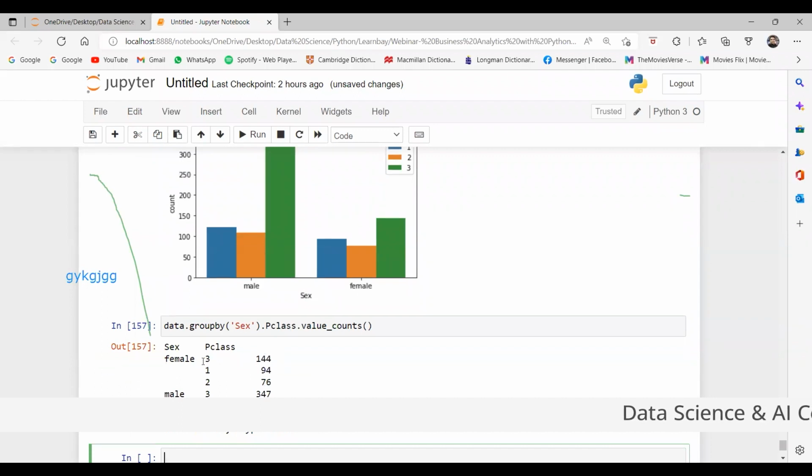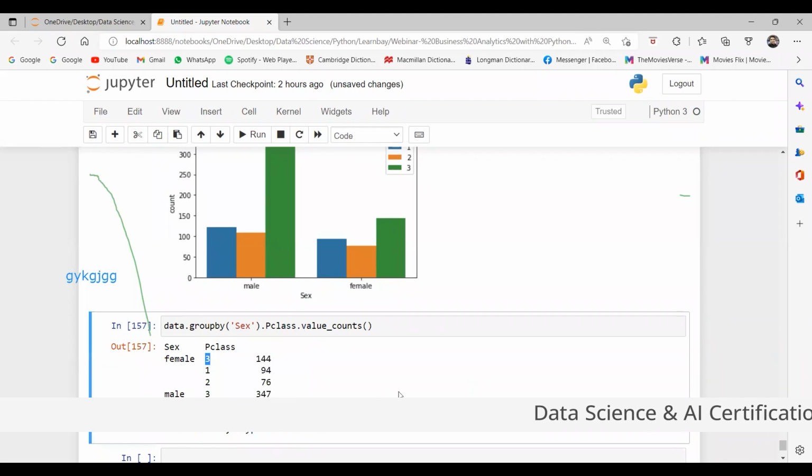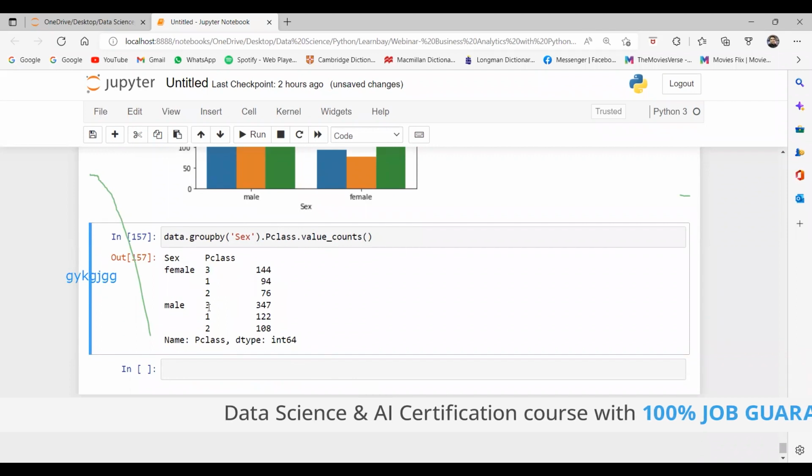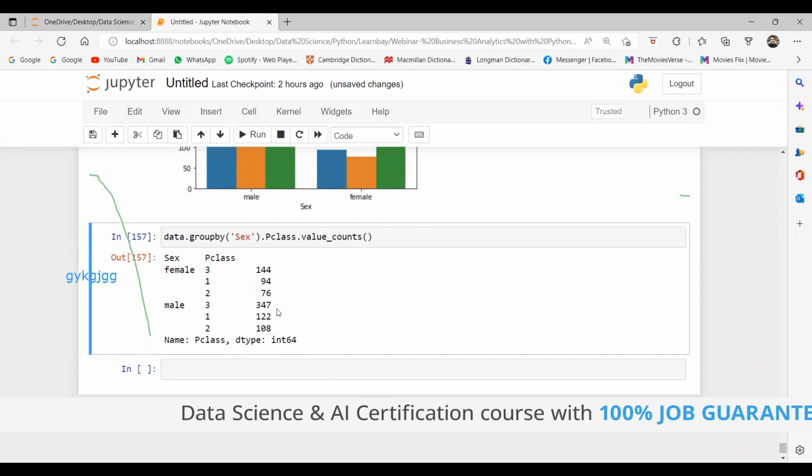So this is the P class. In class 3, 144 female passengers were there. In class 1, 94 passengers were there. In class 2, 76 female passengers were there. If we talk about males, in class 3, 347 males were traveling.